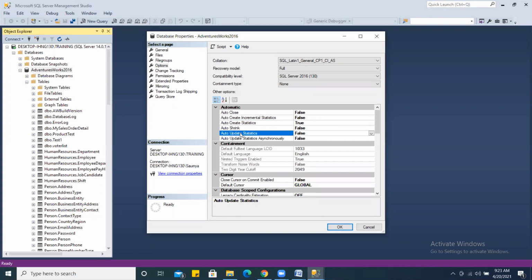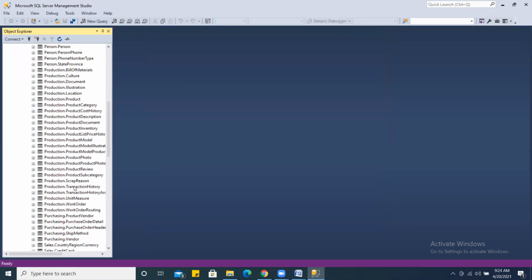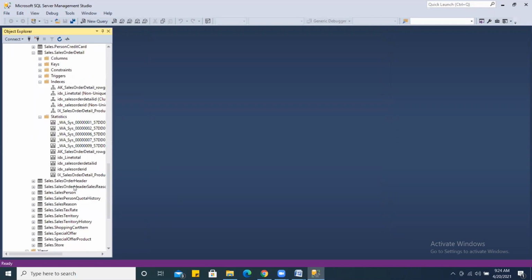Auto update statistics and auto update statistics asynchronously, I will discuss right after the complete discussion, when we are almost done with statistics. After that, I will come to these two options. These two are also asked in interviews as very important questions, and these are very advanced things, right? So let us first try to understand what kind of statistics we have. So how it is created, now you should be clear. Due to this setting, auto create statistics set to true, my statistics get created automatically whenever I create an index. Clear?